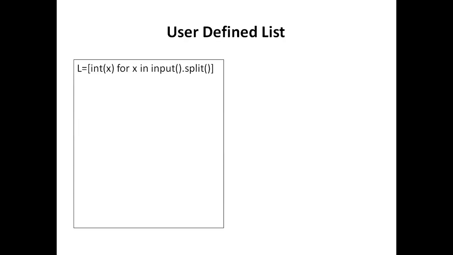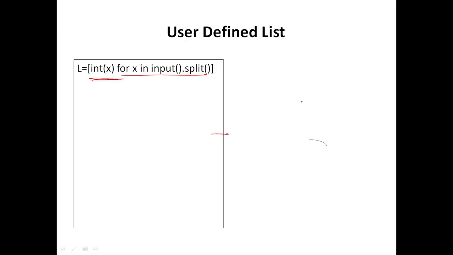We can also create a user defined list, rather than assigning a list object to some variable, using list comprehension. So this is the syntax of the list comprehension. It generally has 3 parts. The first part is called the expression part. Then there is a second part that is called the for loop, and there could be an optional conditional expression which may result in true or false. Right now I have omitted this optional part for simplicity.